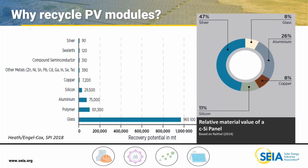Similar to what Garvin was mentioning earlier, this is also some data from NREL, and I won't go over specifically what he said, but what I do want to mention is knowledge of this information also helps us drive and develop where and what kinds of recyclers we look to add into our module recycling network. Currently, the recyclers that are part of our network do specialize in other types of material recycling. That's very much a necessity in terms of having a solution today,